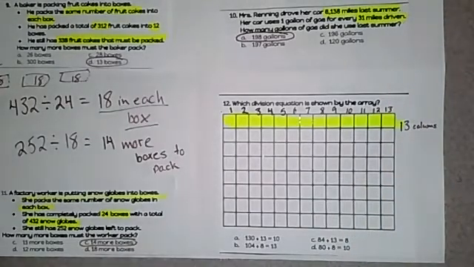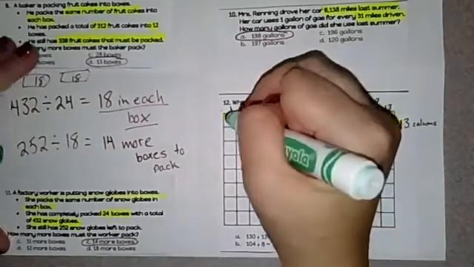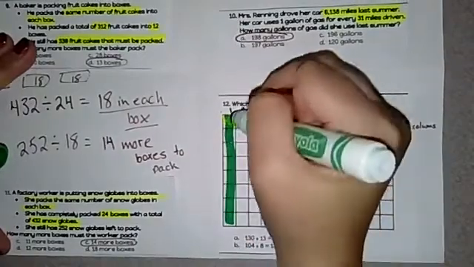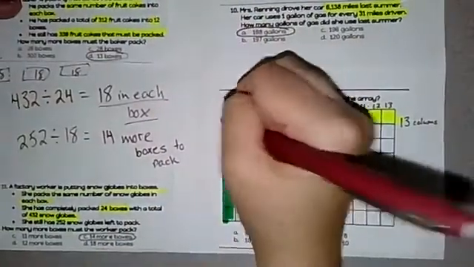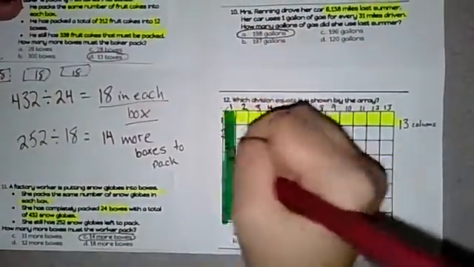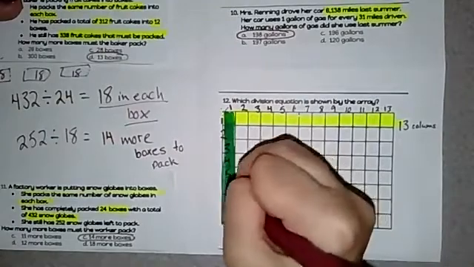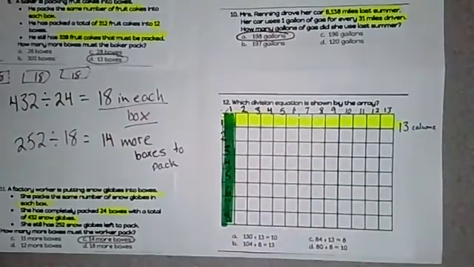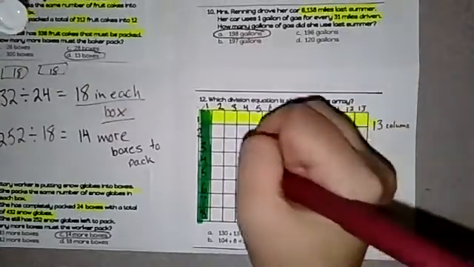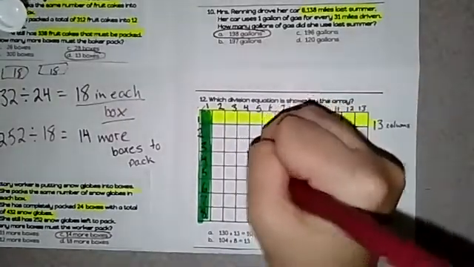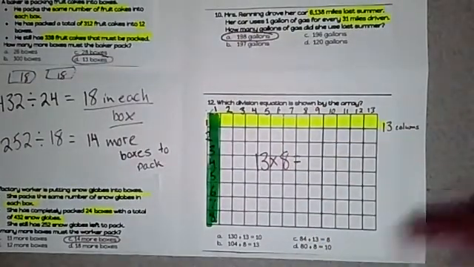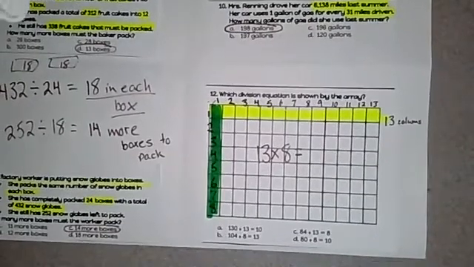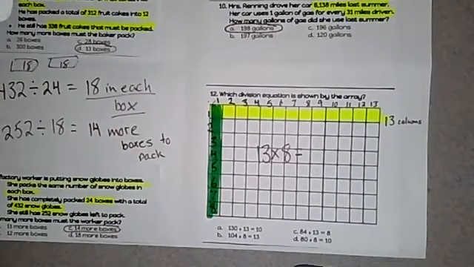Go the other way and figure out how many rows there are. So going this way, how many rows are there? Okay, so I've got 1, 2, 3, 4, 5, 6, 7, 8. So this is 13 times 8 equals, what is 13 times 8? Use your calculator. 13 times 8 equals